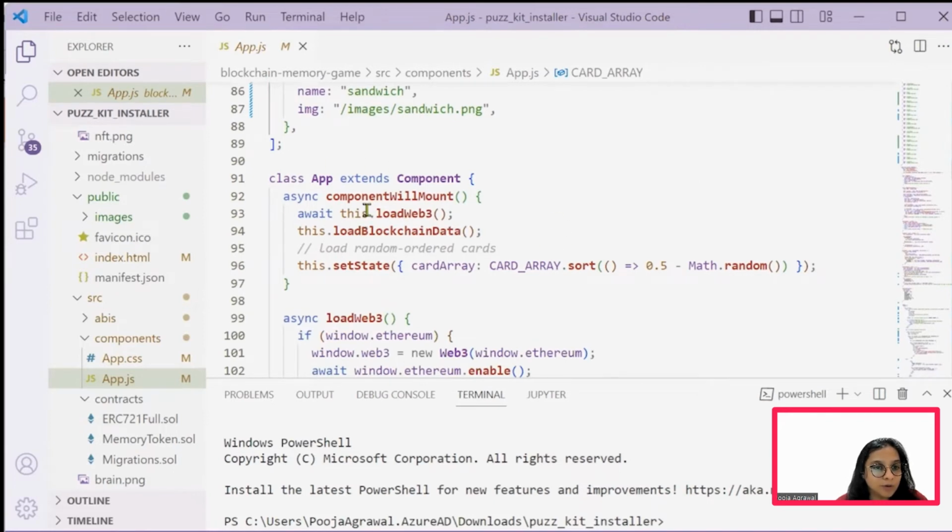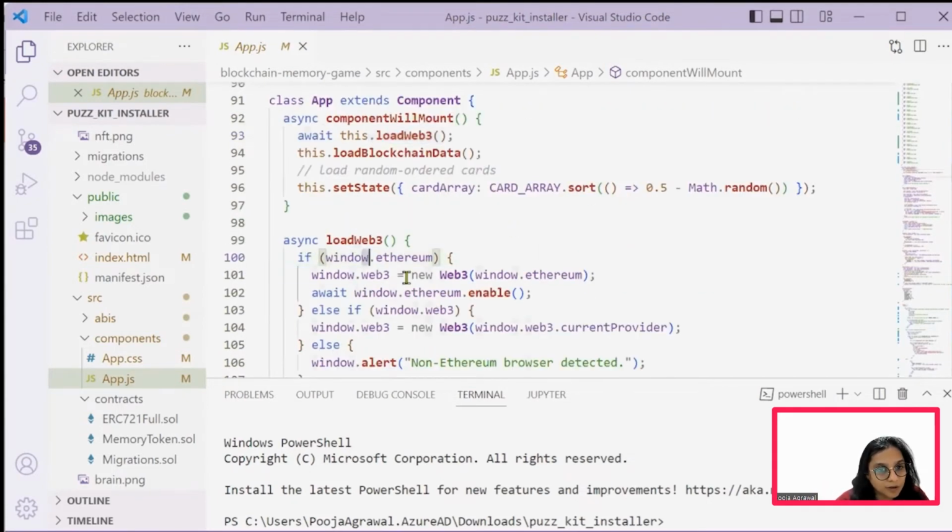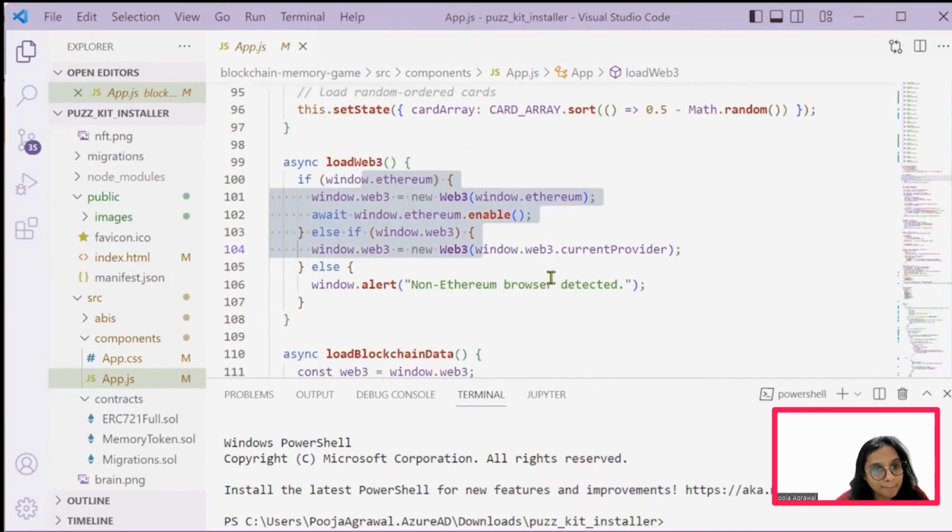Then the loadWeb3 basically helps in connecting your personal blockchain to MetaMask, so that a browser which has Ethereum enabled is detected